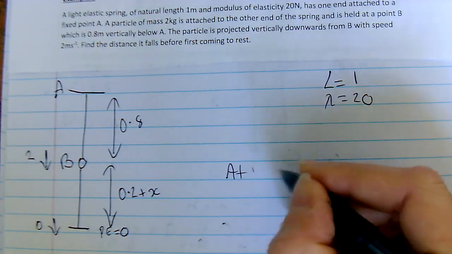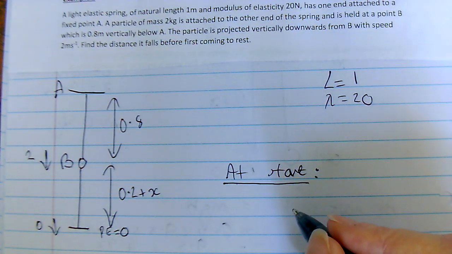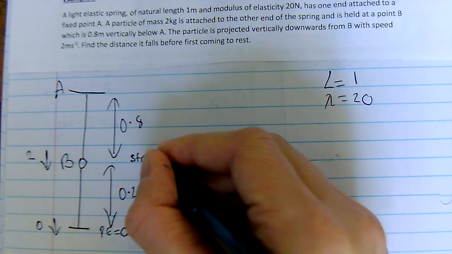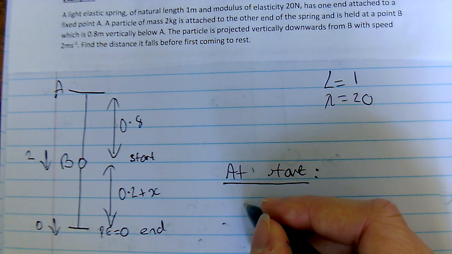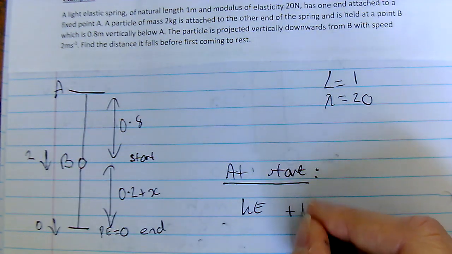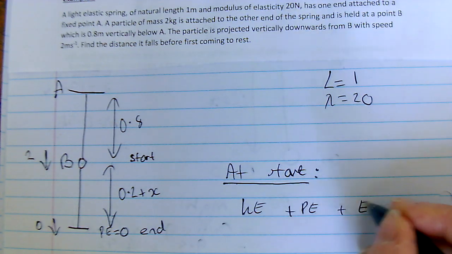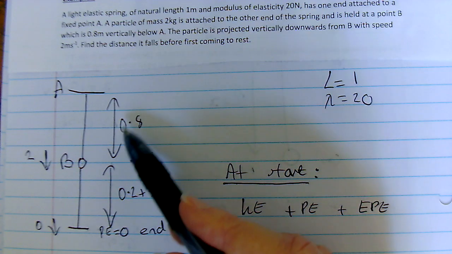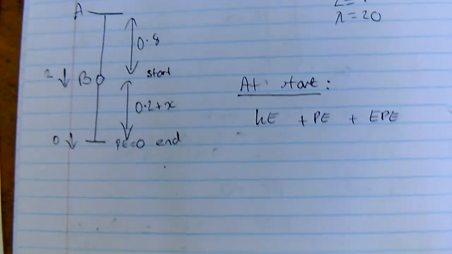So at the start, this is slightly different because you're going to have 3 energies at the start. This is where it's starting, remember, here. Start, end. So at the start, it's going to have kinetic energy because it's starting with a speed of 2. It's going to have potential energy because it's above the end point. And it's going to have elastic potential energy because remember at this point here it's been compressed to a length of 0.8, so it's got 3 energies at the start. So if I work out those 3 energies now,